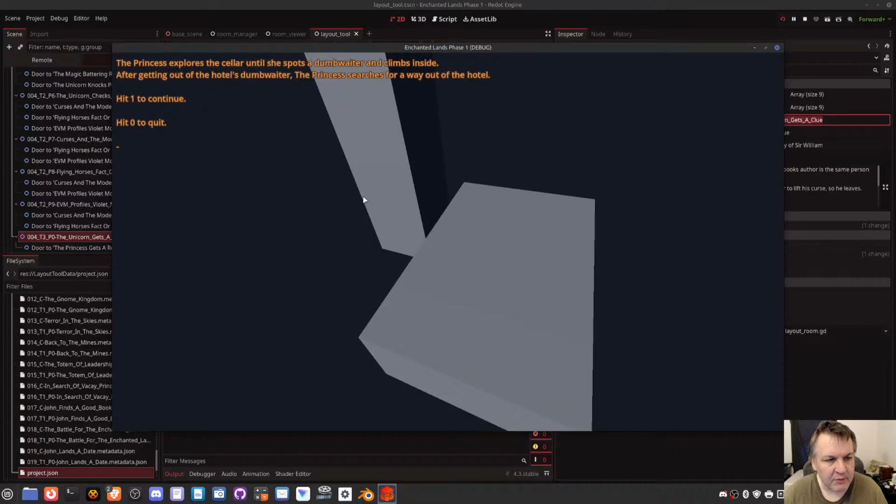Let's hit one to continue. The princess explores the cellar until she spots the dumbwaiter and climbs inside. After getting out of the hotel's dumbwaiter, the princess searches for a way out of the hotel. Continue. And that's where she's actually going to go into the hallway. She's going to look in the hallway. She's going to see it's empty. She's going to start going down the hallway. She's going to hear voices. She's going to start coming up. And,